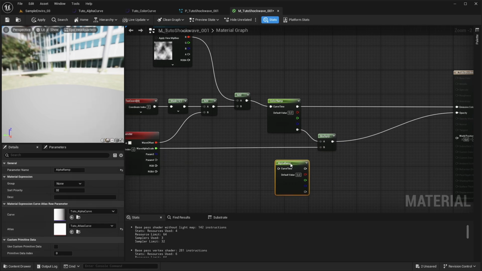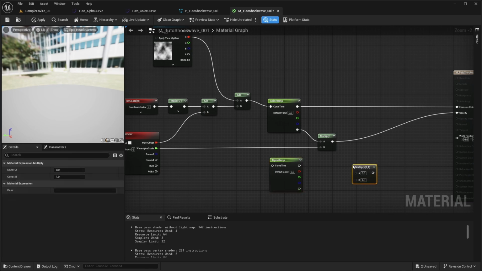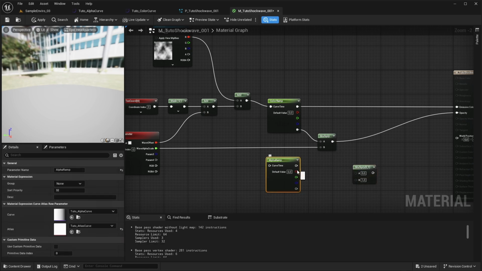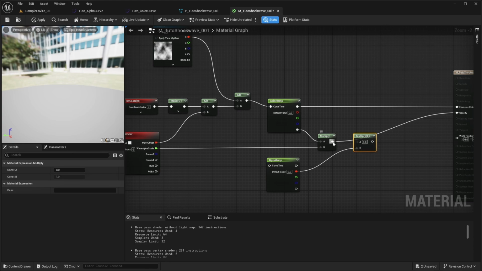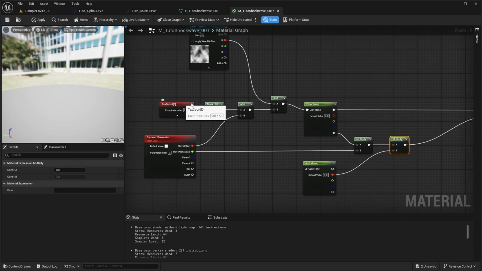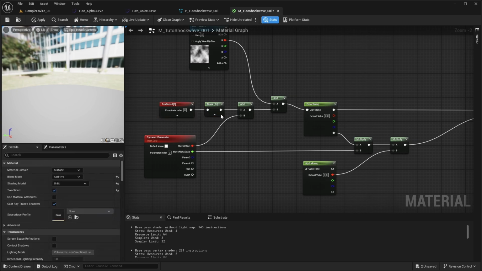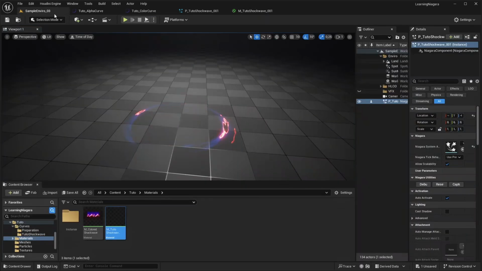So for that, we will multiply the R channel of this one with the opacity channel. We can also link the texture coord to the curve time. And now you will see that it nicely fades out when it reaches the end of the mesh.